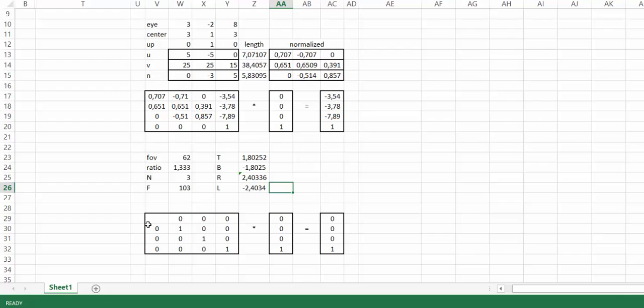Okay, fine. So now I have what we need. So here we're going to say this equals 2 times n divided by right minus left. This equals 2 times n divided by top minus bottom, like so. This equals minus 2